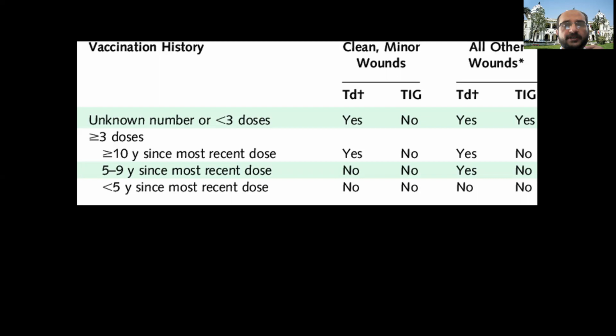This is a table showing what type of treatment would be needed if an immunized or an unimmunized child or adult develops a wound or an injury, may it be a clean minor wound